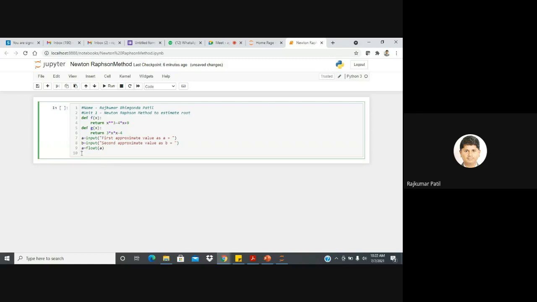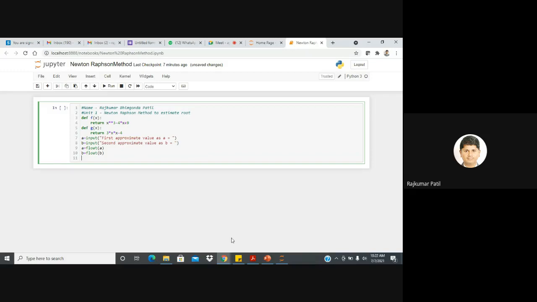So now a new value will be assigned to a, but the data type is float, because a is a float type, it should not be integer. Similarly for b, we can define its data type. Sometimes what we can do here itself, we will use float and put brackets. So this is also another way to enter the value of a as float. But yeah, we can write a program in a different manner. So you can use any type of method or your own way to write the program.